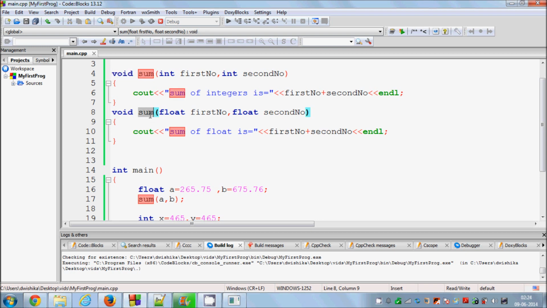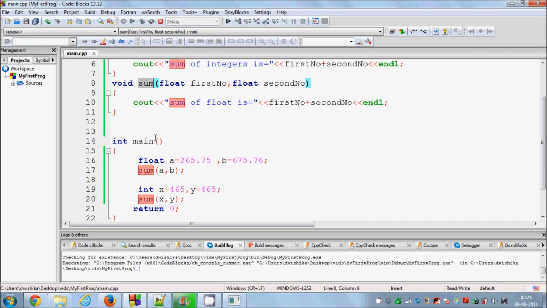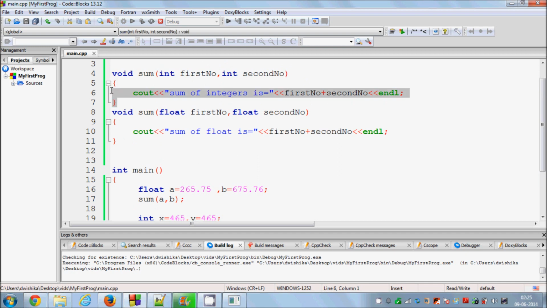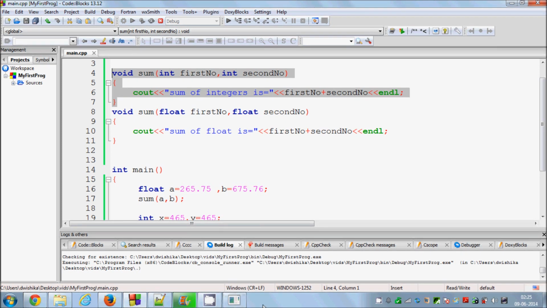And whenever you pass float inside this, it will work as this function, and whenever you pass integers, it will know that you have passed integers, so it will use this function. So in this way you can declare multiple functions with the same name to use them differently. So I hope you have understood the concept of